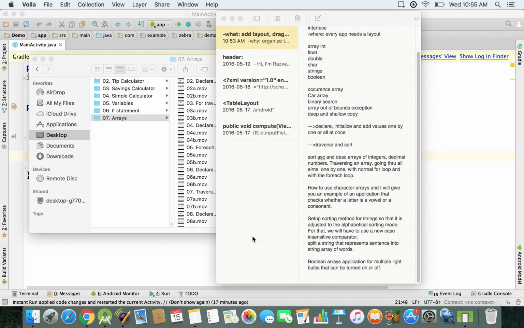Special topics cover sorting in ascending and descending order, arrays of integers, decimal numbers as well. And we're going to traverse arrays, so that means we have to go through all the elements one by one with a normal for loop or with a for each loop, or we can also call it the enhanced for loop. So we're going to see how we can do these traversals,